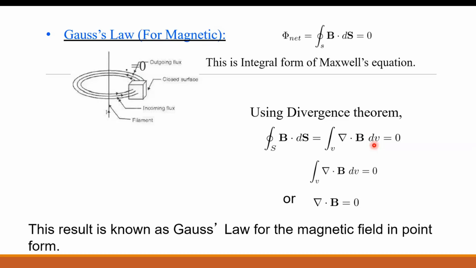So this is also 0. Okay, small dv is what? Volume, equation of the volume. Del dot b bar means divergence of b bar, and b ds is nothing but flux phi. Right. So according to divergence theorem, what we have related? We have related surface integration to volume integration.